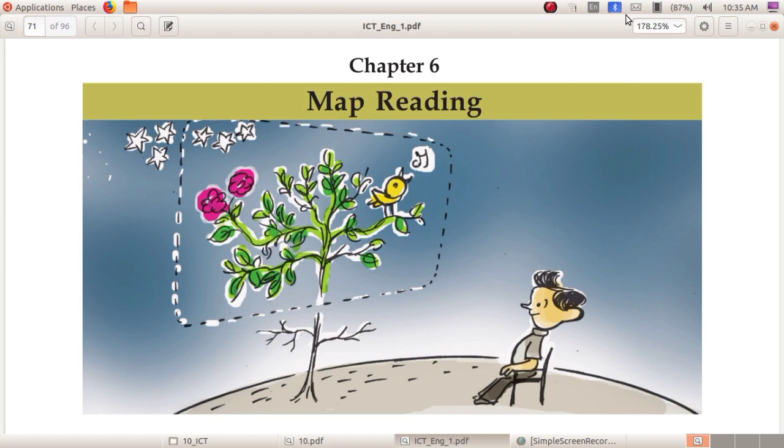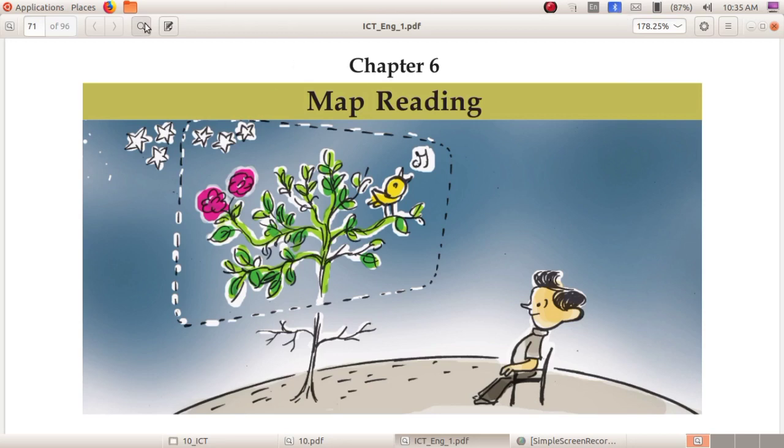Okay, so you already know that there are a lot of softwares that are supportive for studying science and social, right? Applications are also available for understanding the concept of time zones and the features of the Earth surface. So let us see some of them. There are a lot of softwares in the Ubuntu operating system. I will introduce a software. The name of that software is Sun Clock.